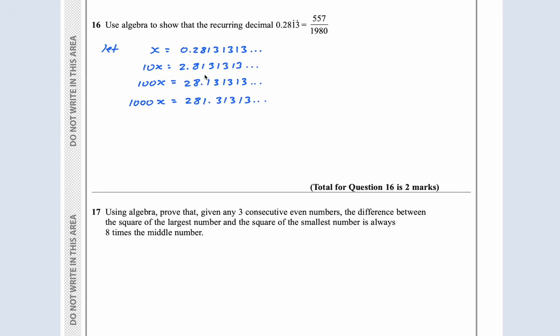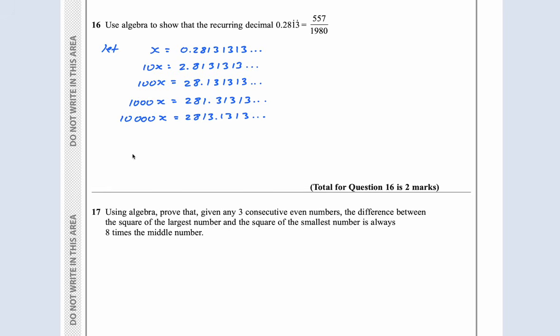Still not the same because this is 1313 and this is 3131. So I have to go again. So it's 10,000x equals 2813.1313 dot dot dot. Okay, now this guy and this guy have the same